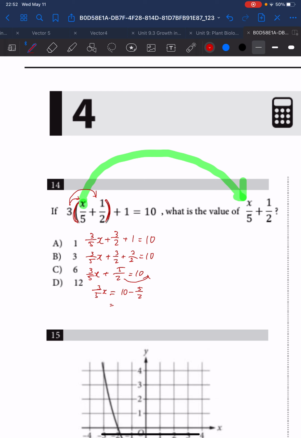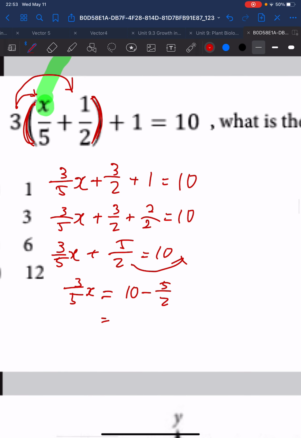When you subtract or add, in this case it's subtraction, you have to multiply by the denominator 2, right? So if you multiply 10 by 2 over 2, you have 20 over 2, right? So it's going to be 15 over 2